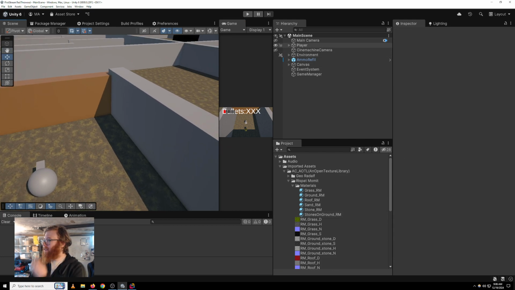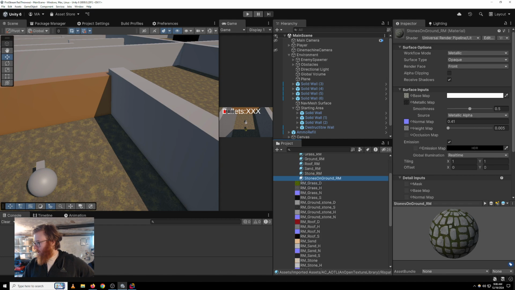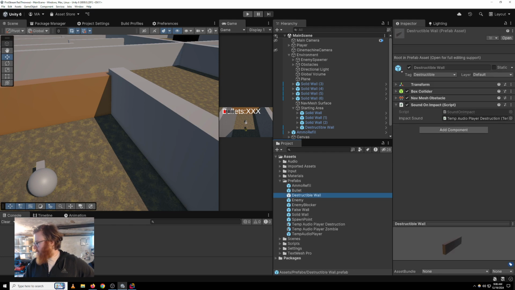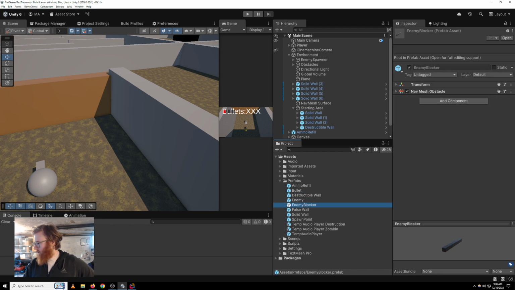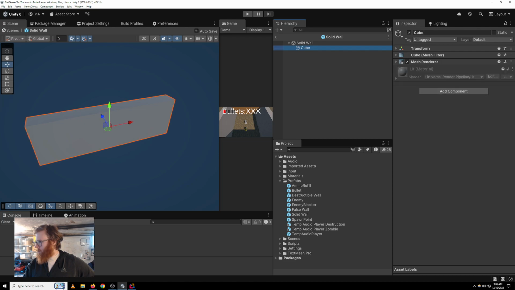Oh, that's right. We can't select any of this. Okay, hold on. Turn that on. There we go. Oh, no, we shouldn't change that one. We should change the prefabs. Destructible wall. The solid wall, we're going to lock that down. Go to our imported